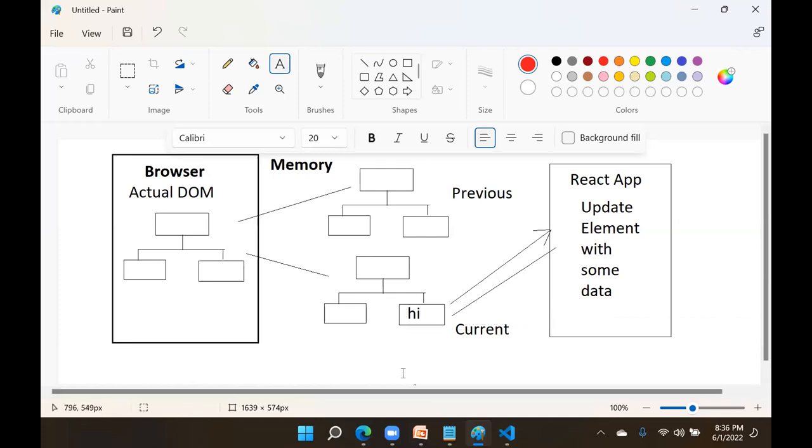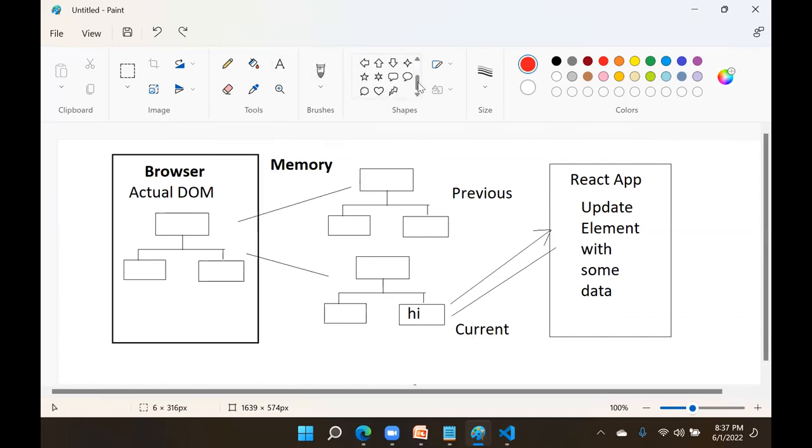Now it will verify the previous and current. It will find that previously here it is empty, now it is filled